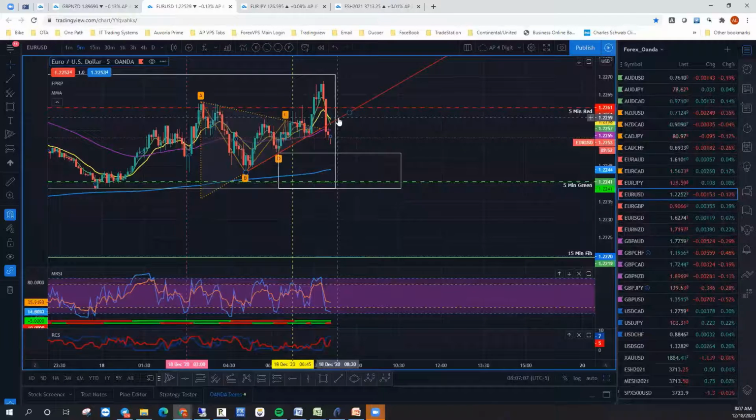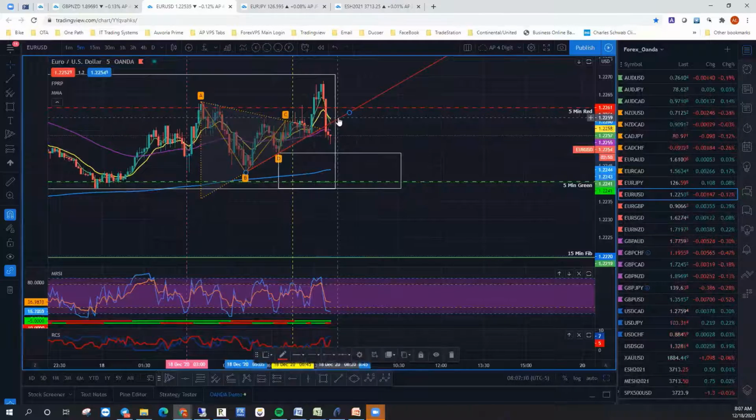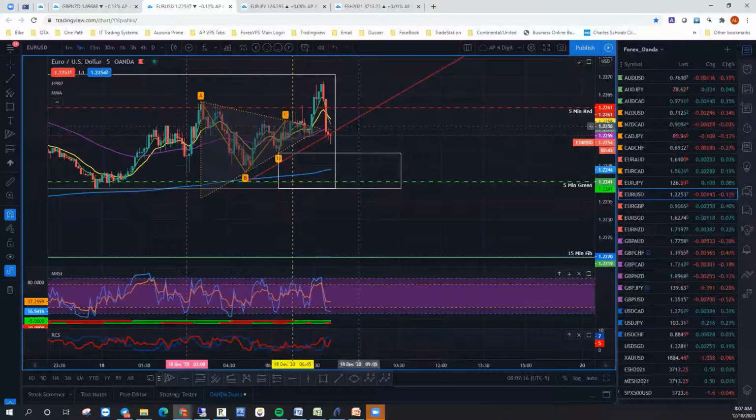And let's see, right here is 22, that's 59. I'm going to move this down to 57, right about there. So there's your about 2 pip area right here off this trend line, off the wedge trend line. And we're getting just a nice little break of the trend line of the wedge, but you can see already